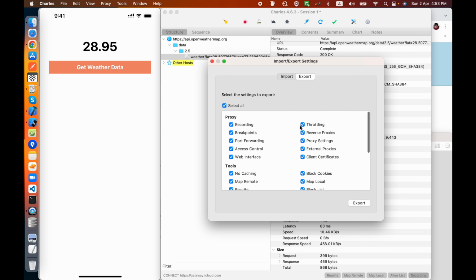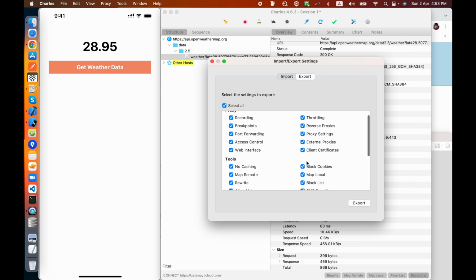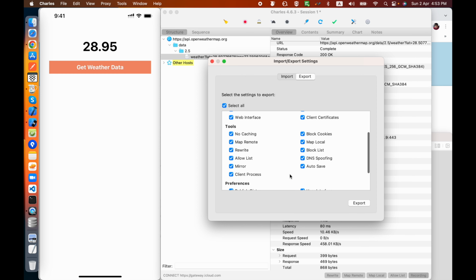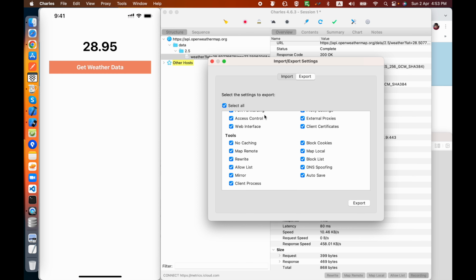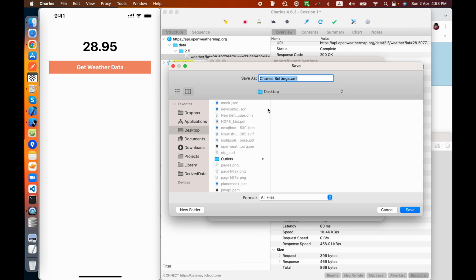In the export section you can select what records you want to export. For example, in my case, I am exporting my map local and map remote, and let's say I'm choosing everything. I want to get all the data of this machine's Charles to some other machine. I want to transfer the data. So I'll click on export, and this is my